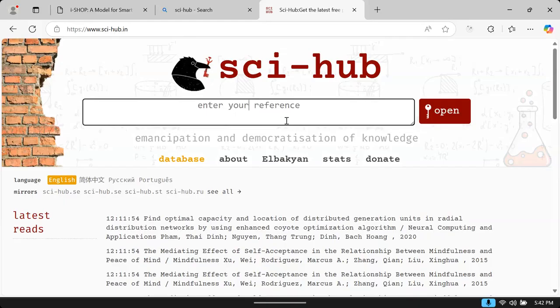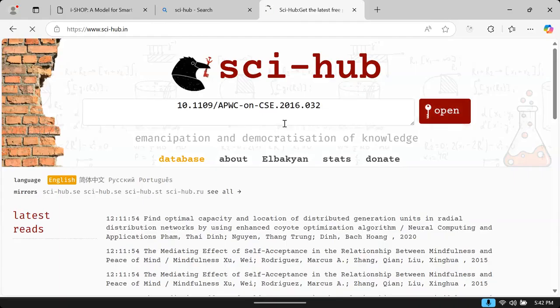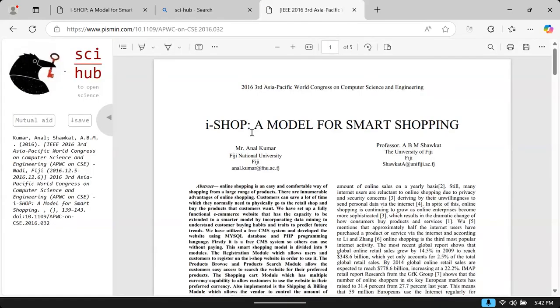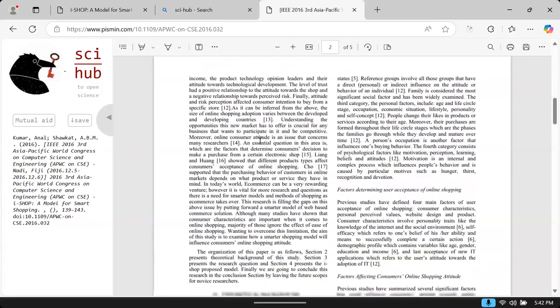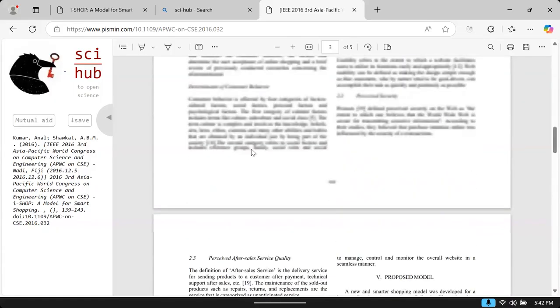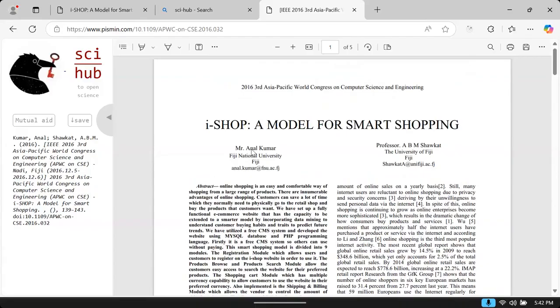When you open this and paste the document number and open, if we are lucky enough, it will show the document, and by downloading the document, we got it. That means we hacked the document and we got the entire document here. Actually, we have to get the document from their official website, but it's not possible.